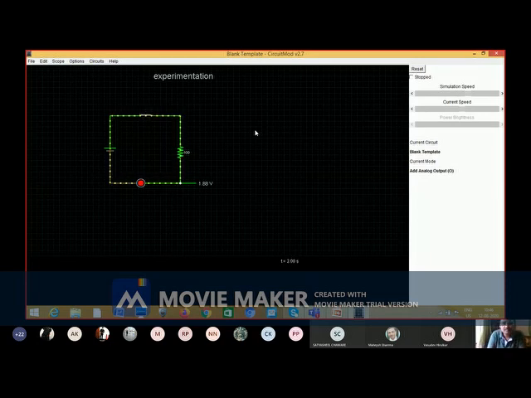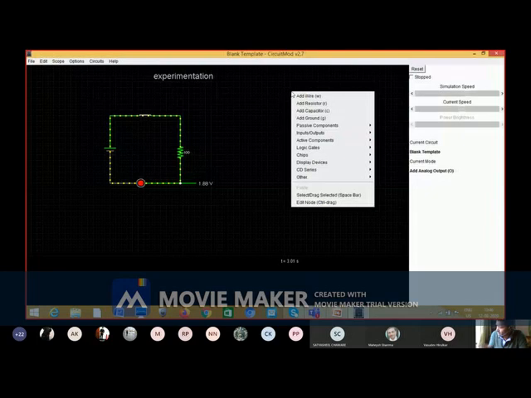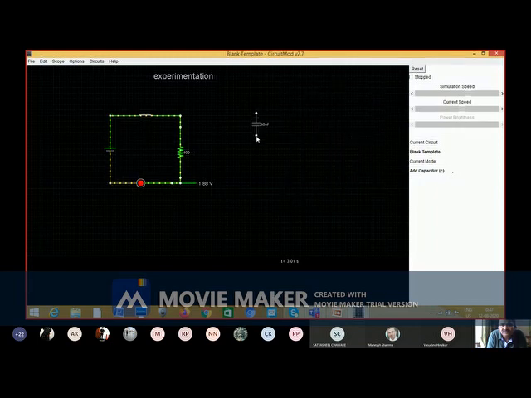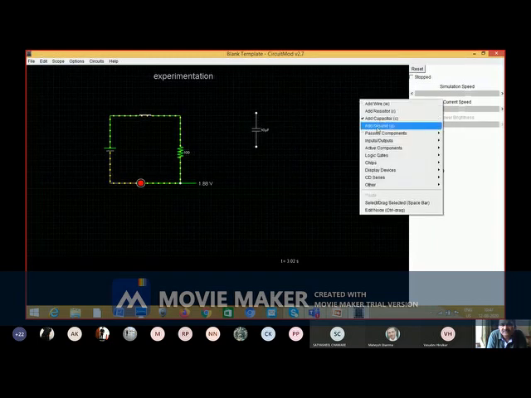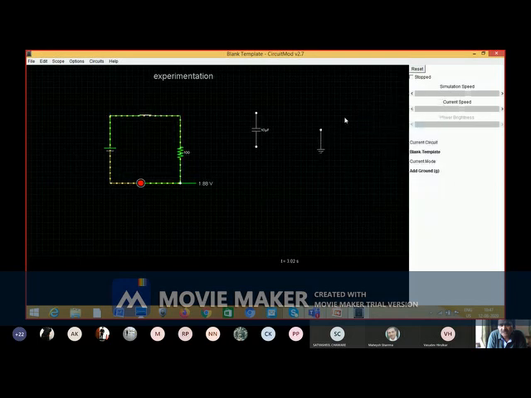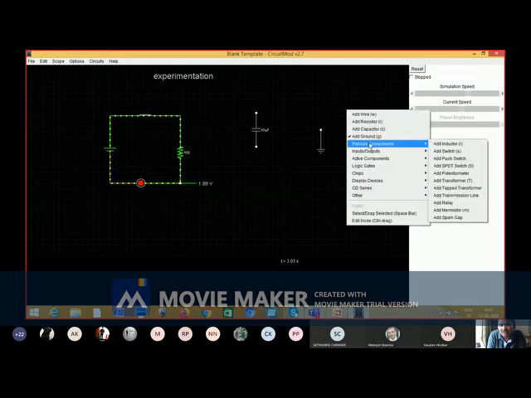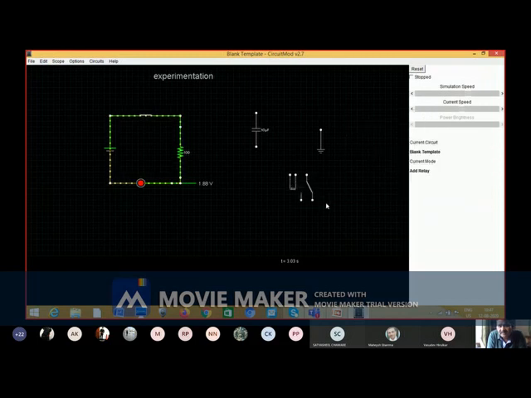Okay. So if you go to this part, you'll find various things like you can choose resistor, capacitor, ground, transformer, potentiometer, relay, like this.